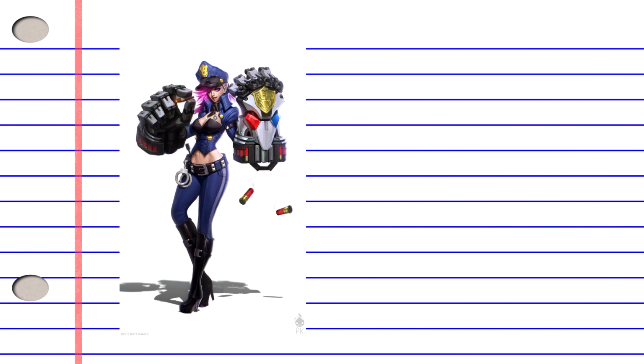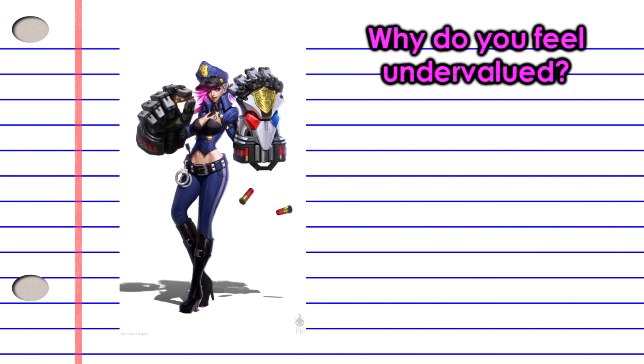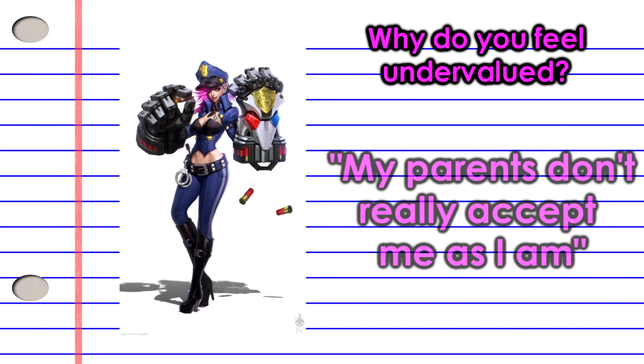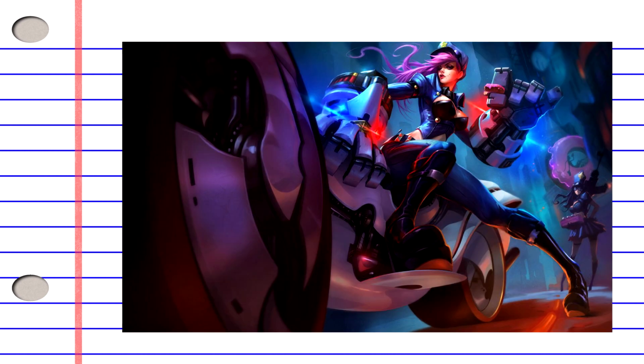Let's say she does feel undervalued and wants a position of power to show she's worthwhile. Why does she feel undervalued? Let's say it's because she has a long history of being neglected by her family members. Okay, so what? What does that mean for her? Her outlook is defined by seeing the world does not care about her and wanting to prove it wrong. An inner value based in spite and fear of being forgotten leads to her acting more powerful and confident than she is.